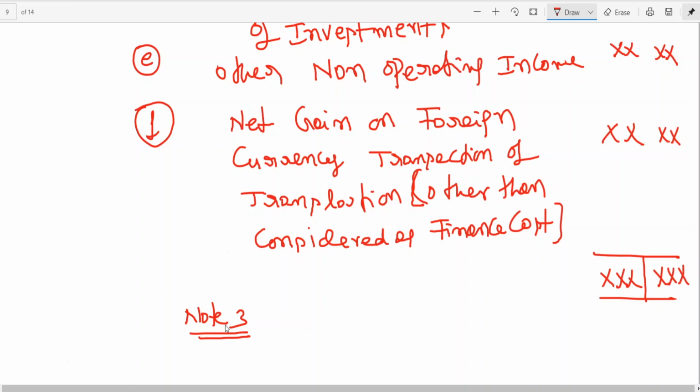Since I am explaining the format, I am writing note 1, note 2, note 3, etc. Are you following? In the examination, the note is to be continued along with the balance sheet notes. Suppose balance sheet note number 11 is closing, then revenue from operations will become 12. If you are having only 10 notes in the balance sheet, then revenue from operations will become 11. If you are having only 4 notes, then revenue from operations will become fifth. That is the continuation. But here I am giving note 1, note 2, note 3 to explain the format. In the examination, you continue accordingly, with the note number after the balance sheet note number. Next.